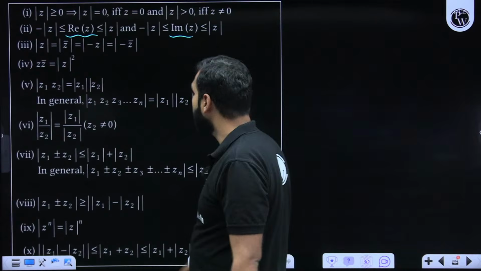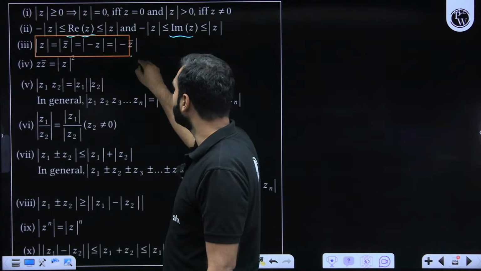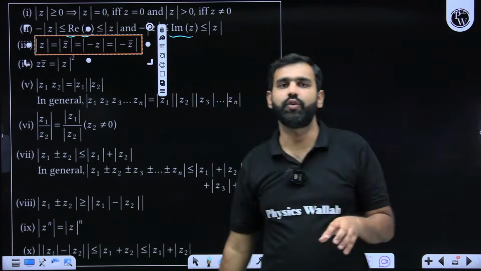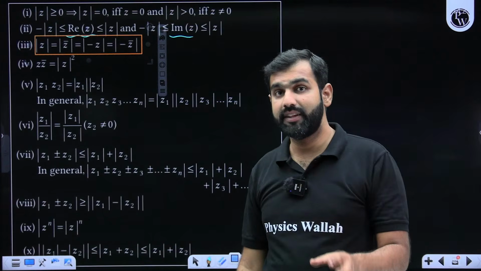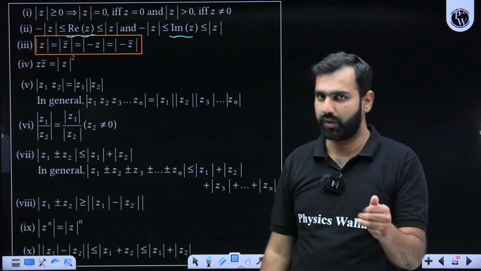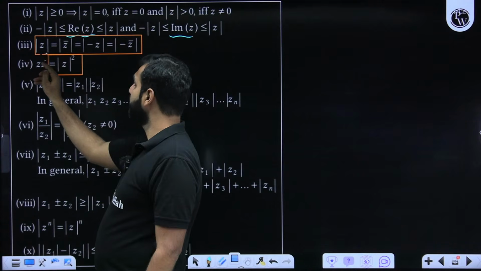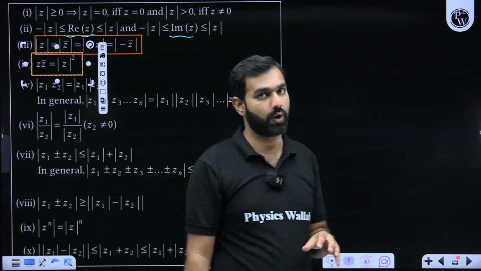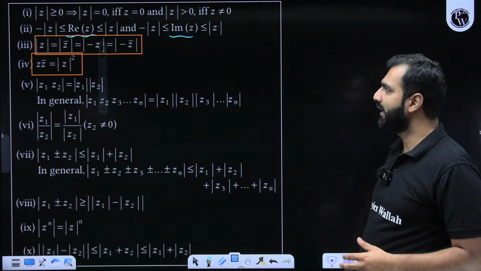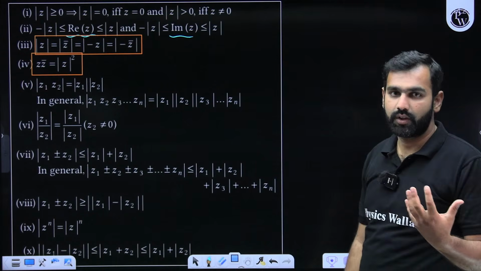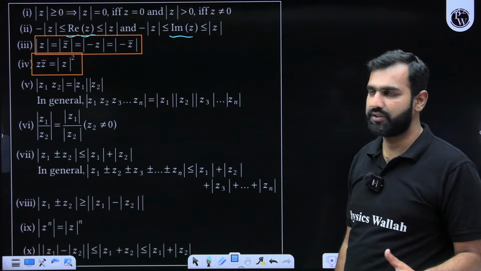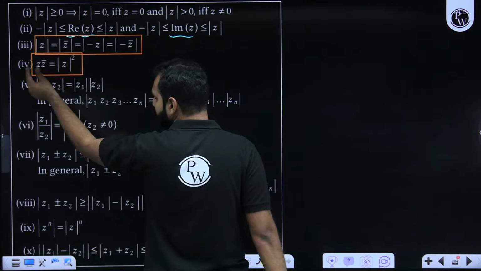The third conclusion is a very important one. You take modulus of a complex number, or its conjugate, or its negative, or the conjugate of its negative. It will be same. Remember that. Yes, this is something which looks very small, but it is used in a lot of questions. So many times we solve complex equations based questions, and there we often replace z z bar by mod z square